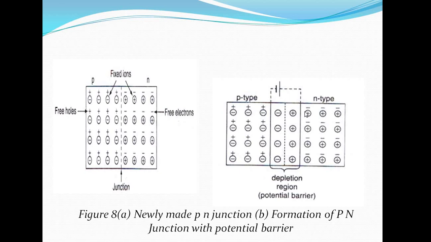That external energy, the way of connections given to this diode, is called the biasing. Suppose the p-type is connected to the battery positive terminal and the n-type is connected to the battery negative terminal, we call that forward bias. If the p-type is connected to the battery negative terminal and the n-type is connected to the battery positive terminal, that is called reverse bias.